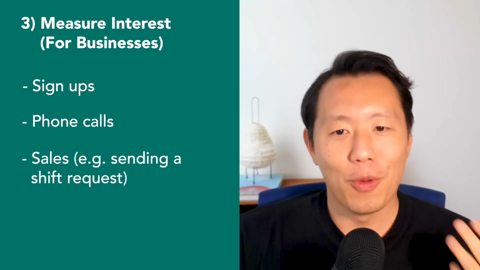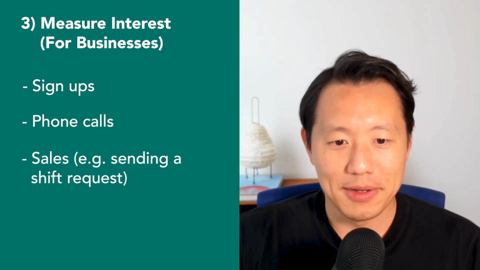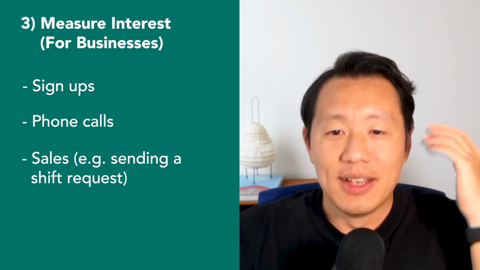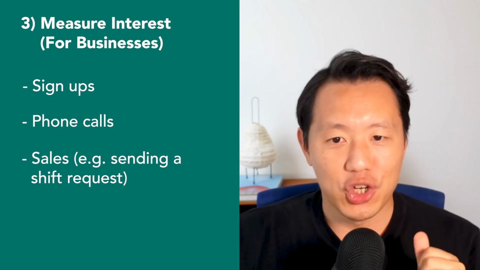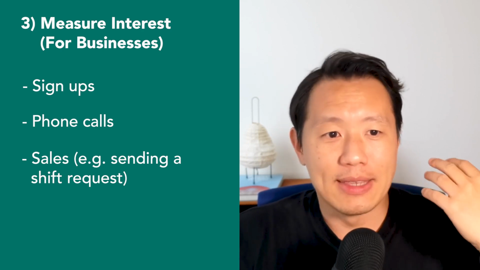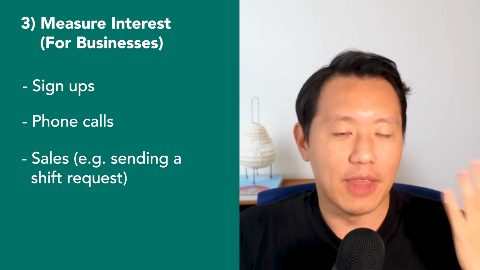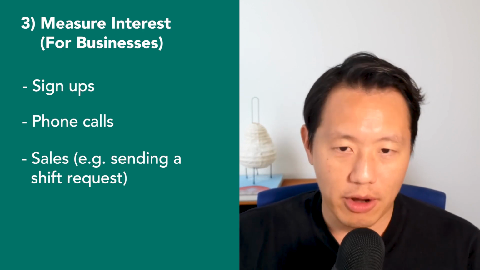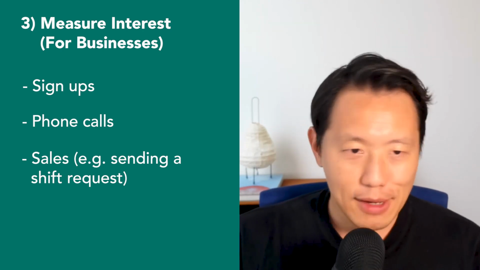And so I would always end the call, I would always end the WhatsApp messages, just like, hey, you should just try us out. Send me the next time that you have a shift that you need filled and that you need somebody to work on. And that was my ultimate gauge. If they would give me a shift, then I know they are serious. And so everything that I did and the entire funnel that I put together was just to drive people to give me a shift. And that was the ultimate measure of interest, the most valuable, deepest one for me.